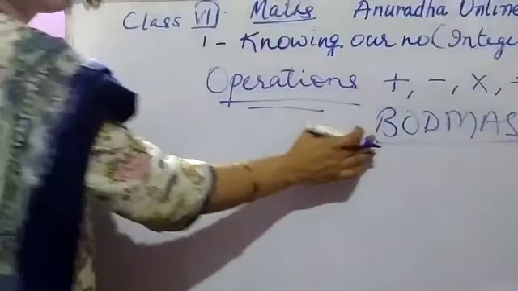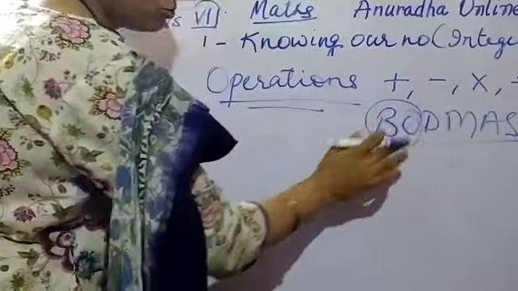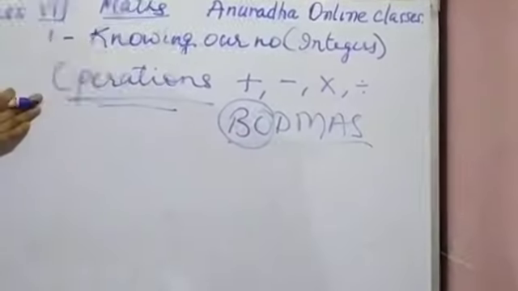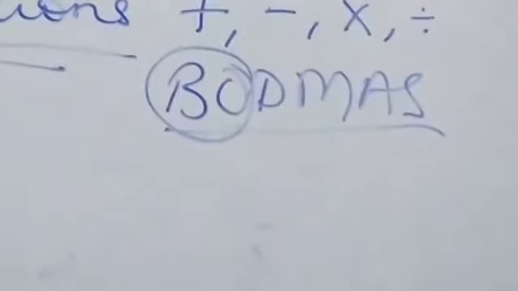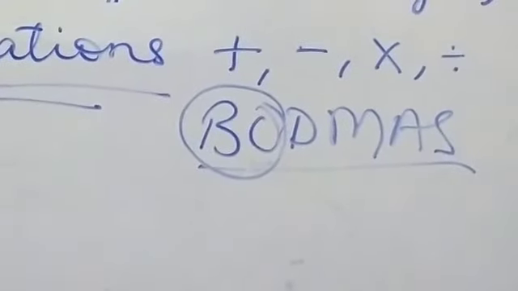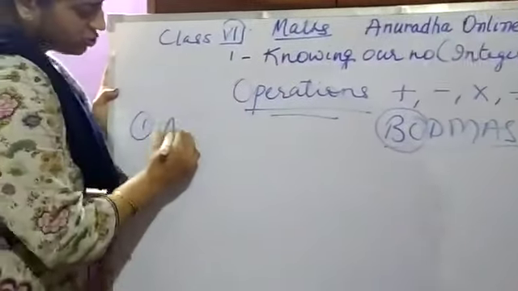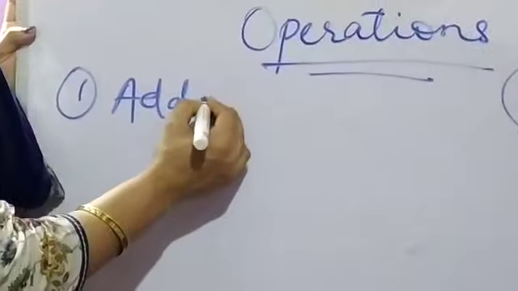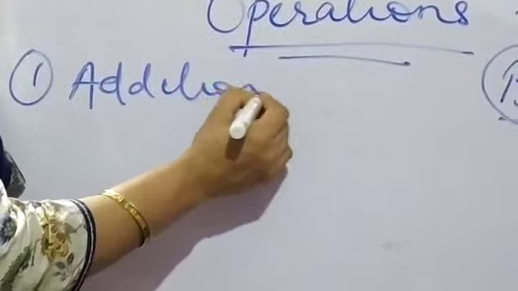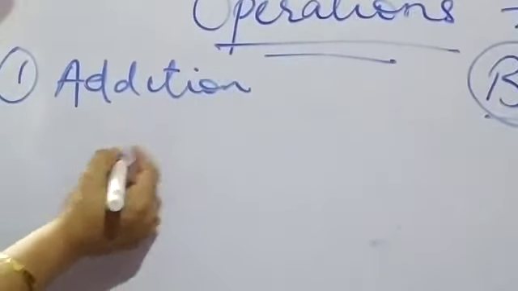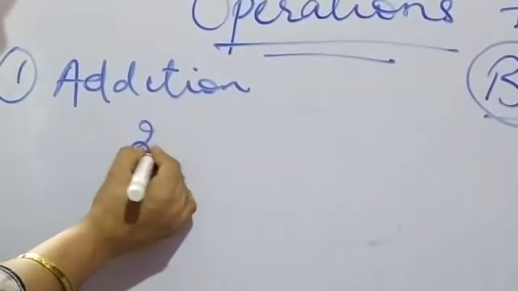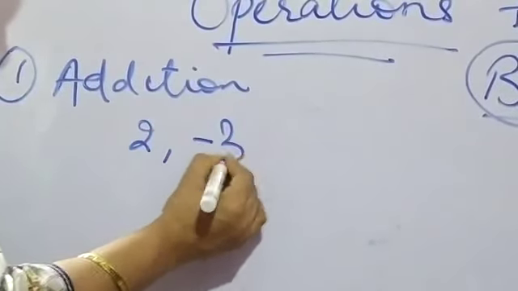Okay, but we are not going through these two just now. We will go through these 4 operations that we do with integers. Operation of integers, number 1 is what? Addition. Suppose I have taken one pair of numbers, that is 2 and minus 3.